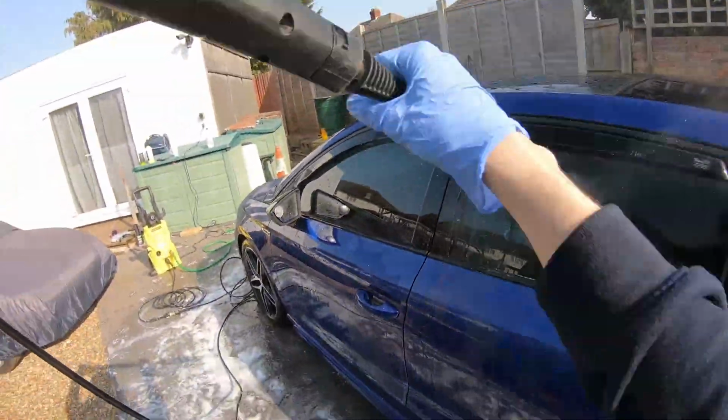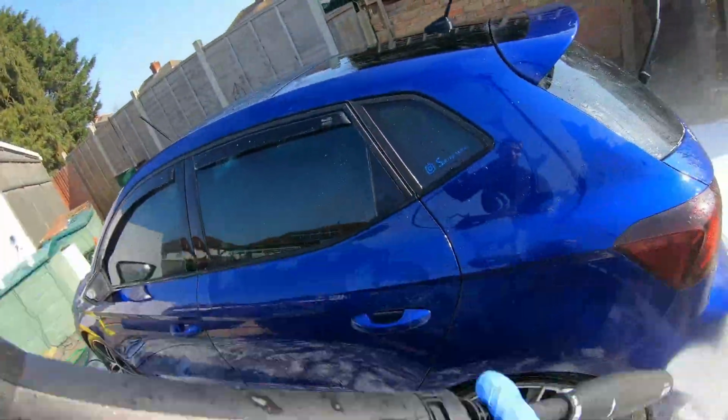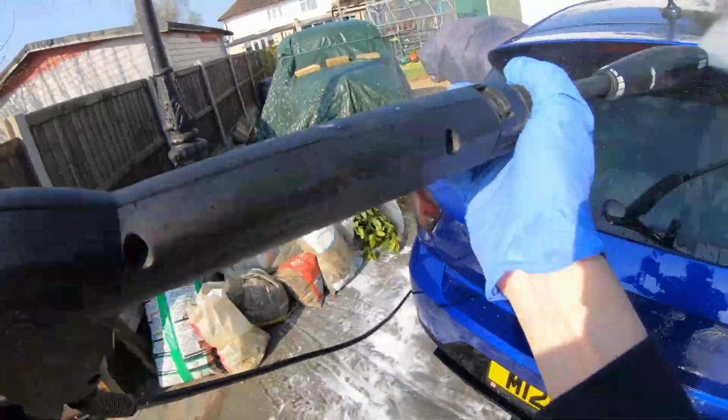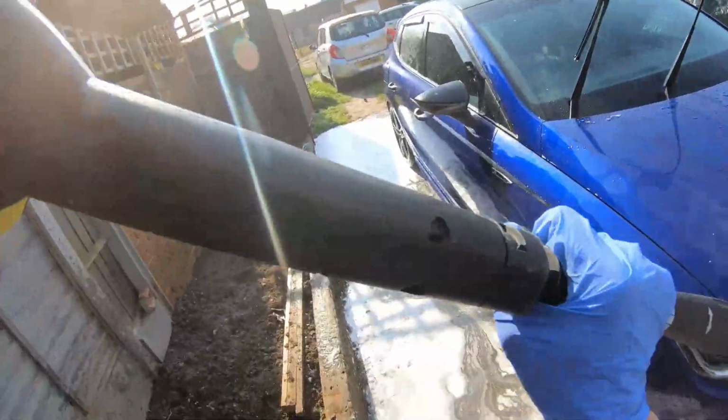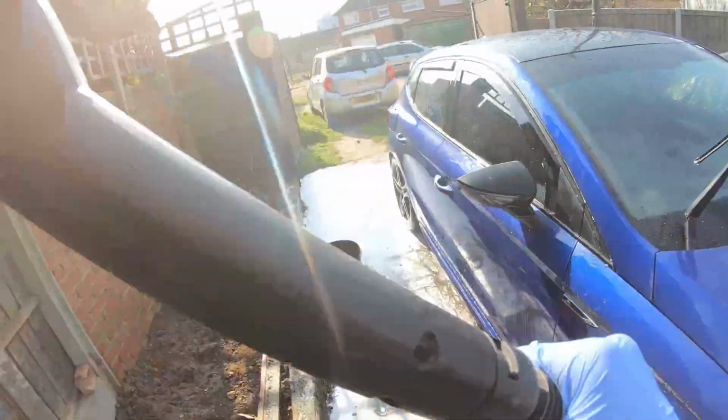Again, continue to spray down the car. After that, making sure you spray everything off the wheels. What I found is the Super Bead gives a really nice shine over them, makes the alloys look really, really good and stand out. So before the car went away for winter, I had a full cut and then I